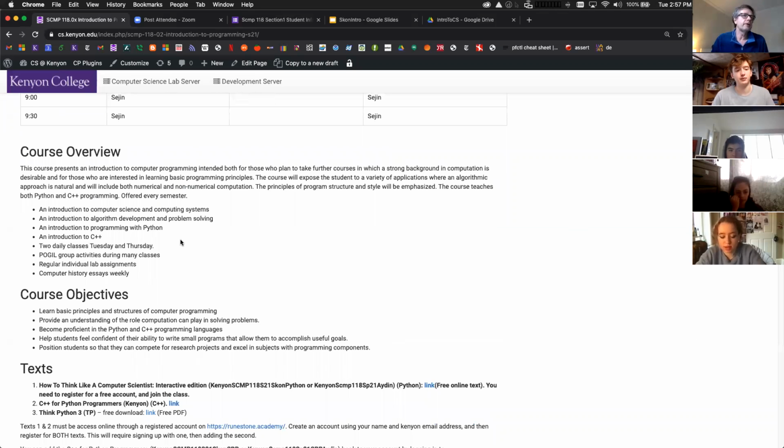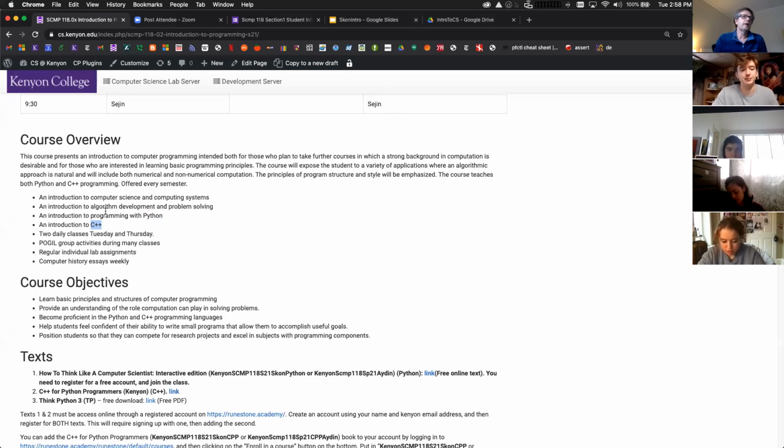Just in general, I'm not going to read through this, but this is a general introduction to computing and computer science, mostly focusing on programming, but we'll learn a little bit more than that. We want to learn how to do programming. We're going to learn 2 programming languages in this course. We'll focus mostly on Python, but toward the end of the course we're also going to learn a second language called C++. Both are very popular languages and used a lot, so they're good languages to know.